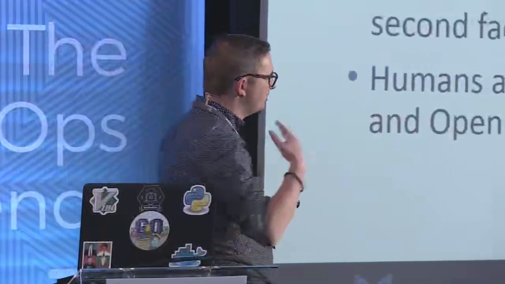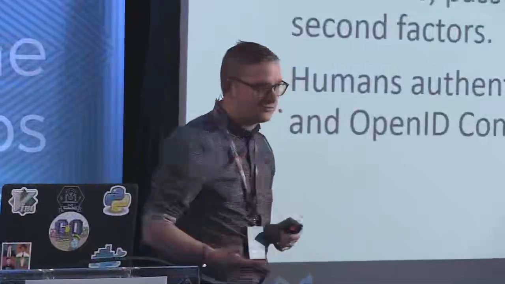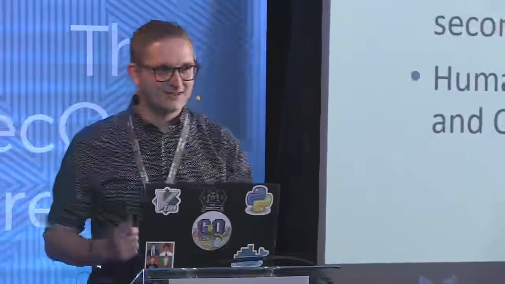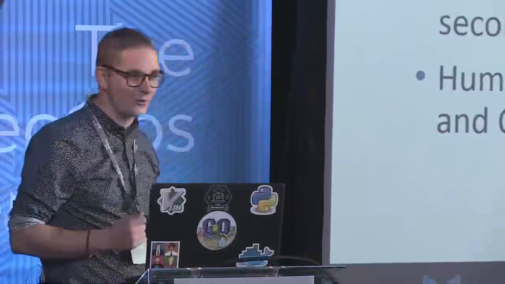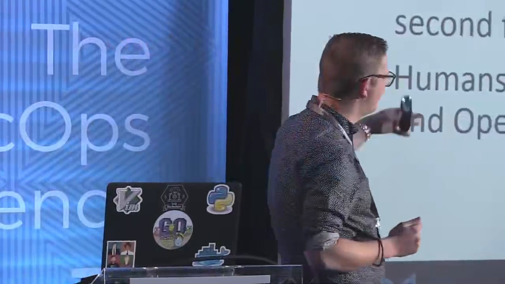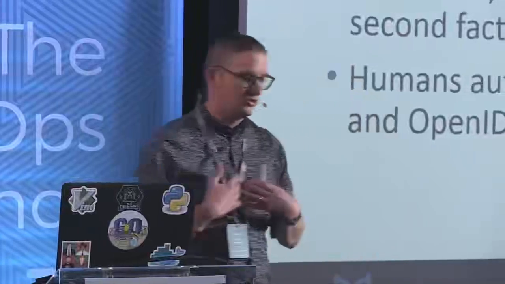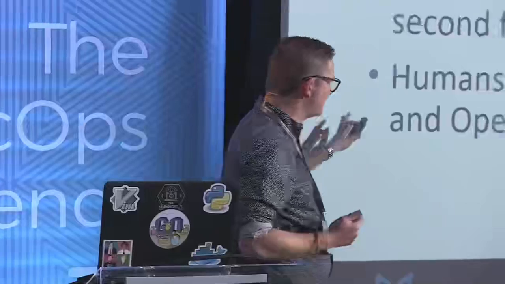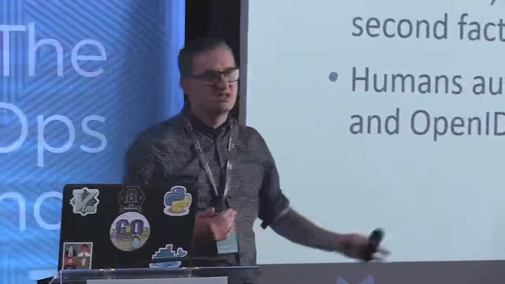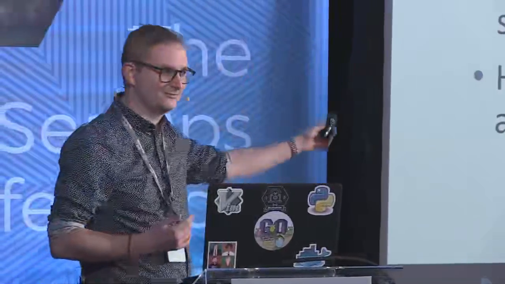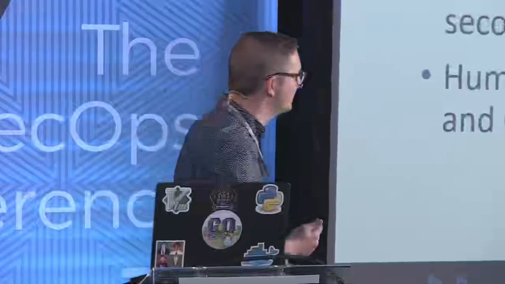So if we look at how humans authenticate, it's generally through usernames and passwords, and obviously everyone in here uses a second factor, or not, but that you use these second factors and passwords to exchange your identity for a signed assertion. And that's the same whether you're using SAML or the newer authentication flows such as OpenID Connect. If you're building authentication going forwards, please choose OpenID Connect, not SAML. Your life will be much better.